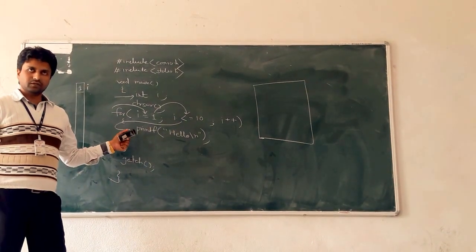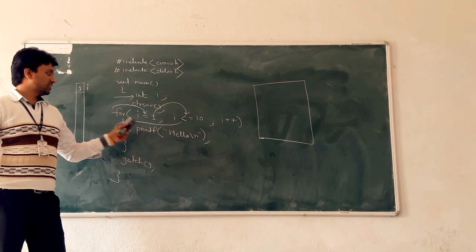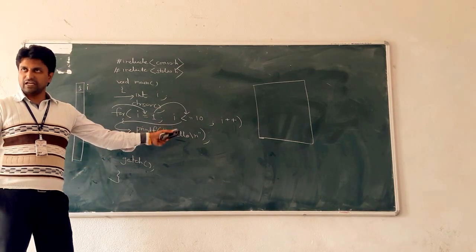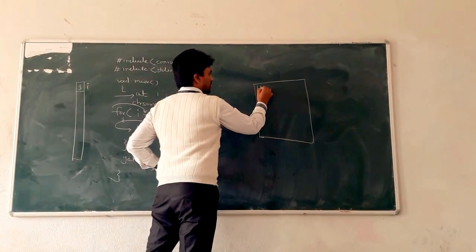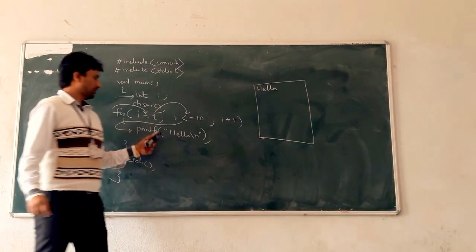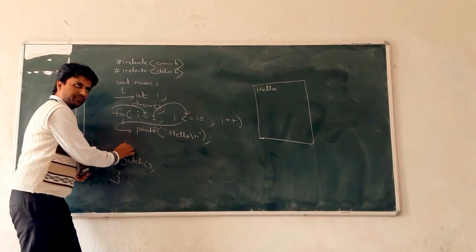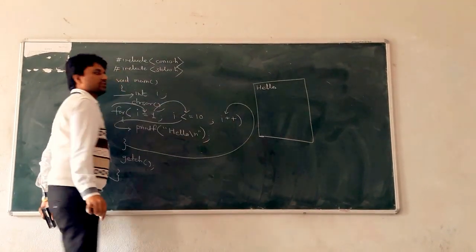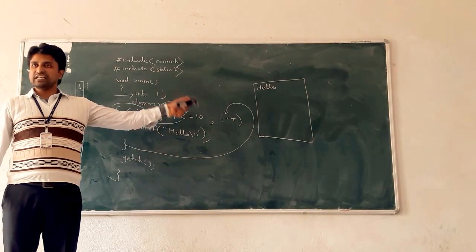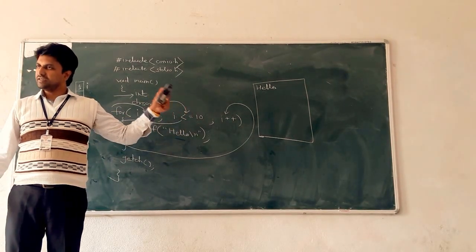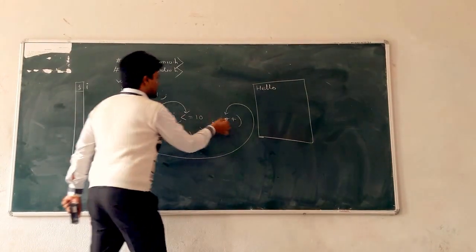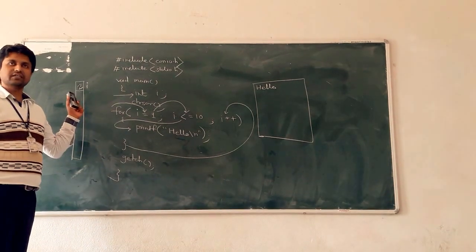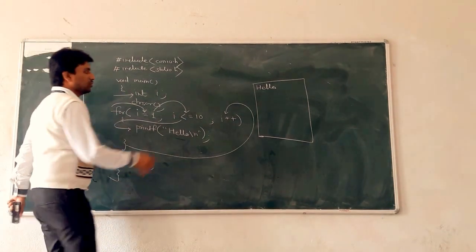Cursor goes to the first line of the body of the for loop. So what is the body? printf hello. So hello is printed on the console. Next, the curly bracket is completed, so cursor goes to the reinitialization statement, also called the increment decrement statement. So i plus plus means increment i by 1. The value of i becomes 2.